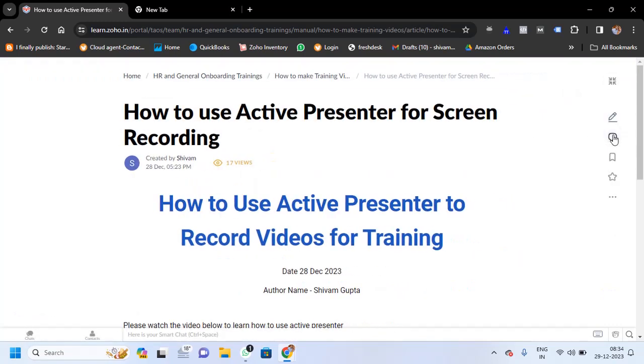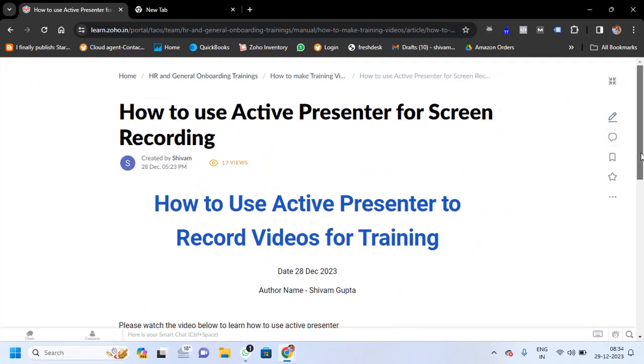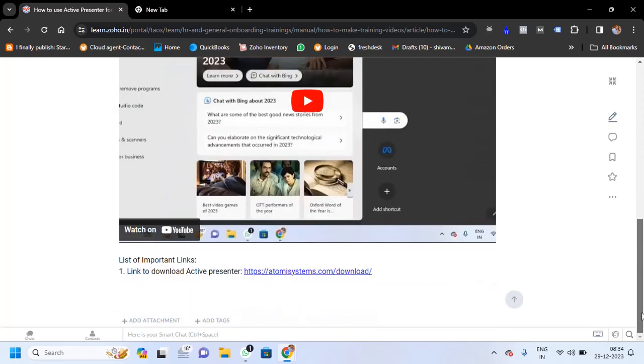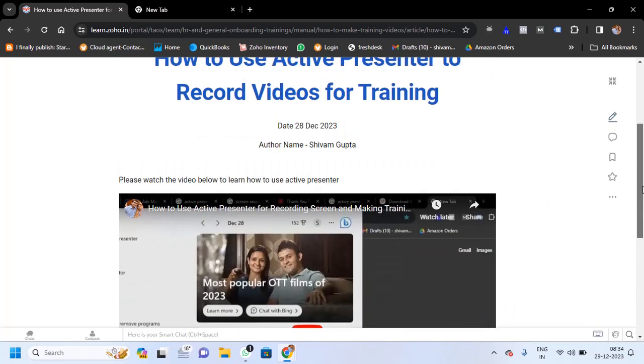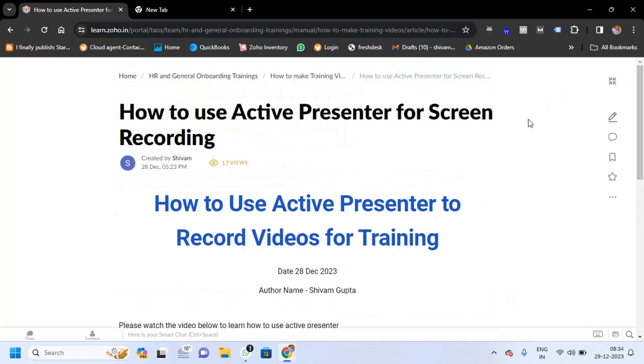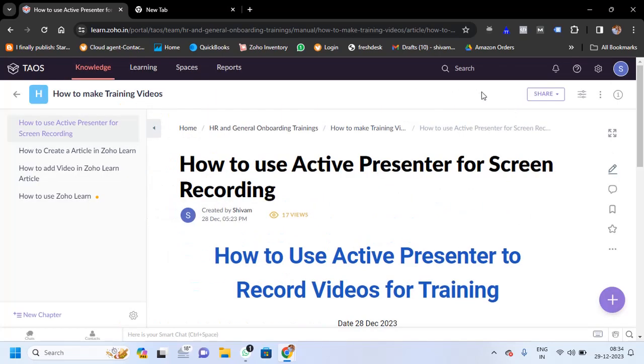And if you want to see the article, you just go full screen, and you can go down, and generally most articles will have a video. So click on the video and the video will play, and you will be able to understand what to do. Okay, that's it. If you want to search for a particular topic, you can do it like this also,